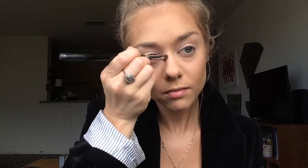Now we're picking up the Shade Light palette and we're using that very light shade, and we're just contouring underneath the jawbone so we can get it nice, sharp, and defined. And this was really great for people who do have that double chin area. Just make sure you put it underneath there, and you can also go a step further by highlighting the actual